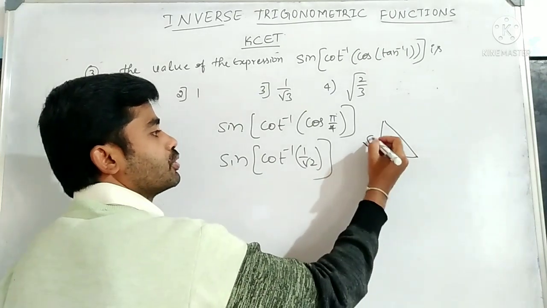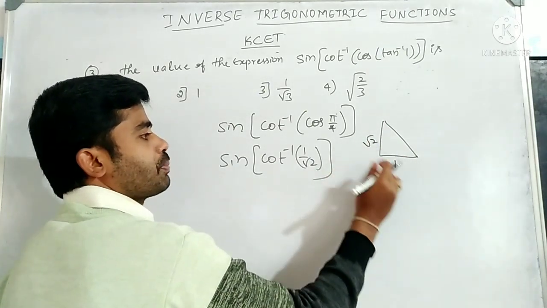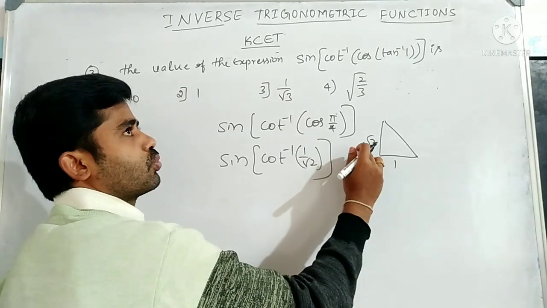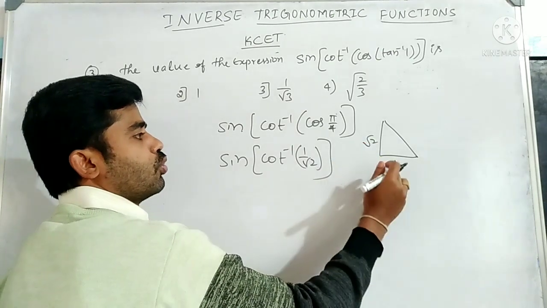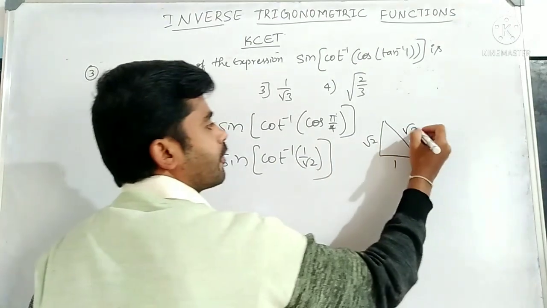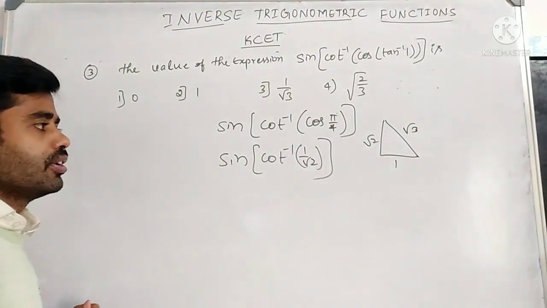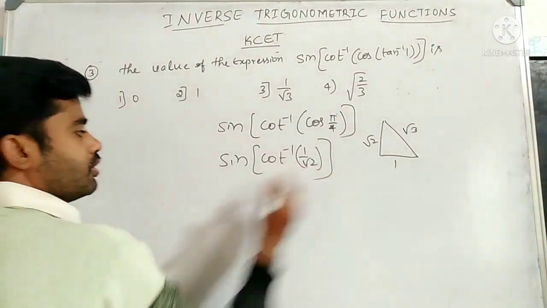Adjacent 1, opposite root 2. Using Pythagoras, 1 squared plus root 2 squared is 3, so the hypotenuse value is root 3. Now sine of